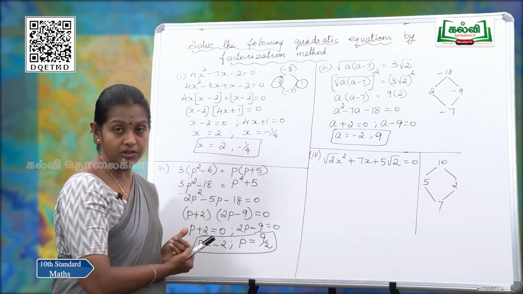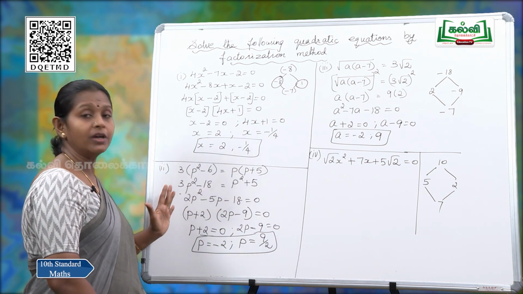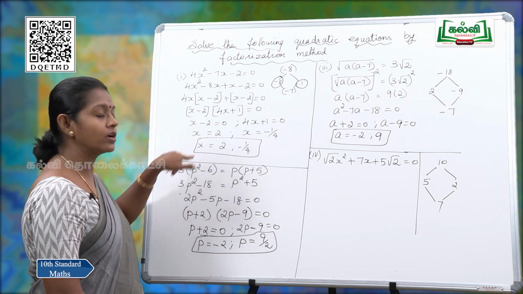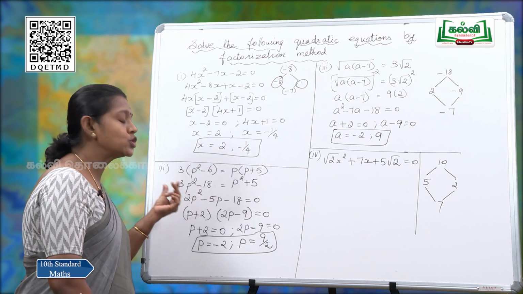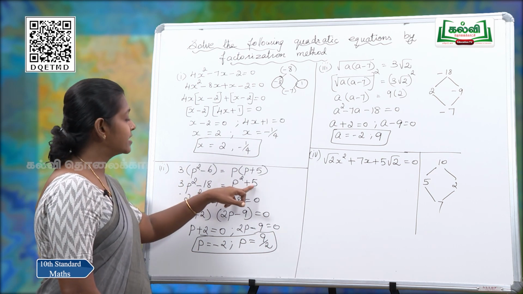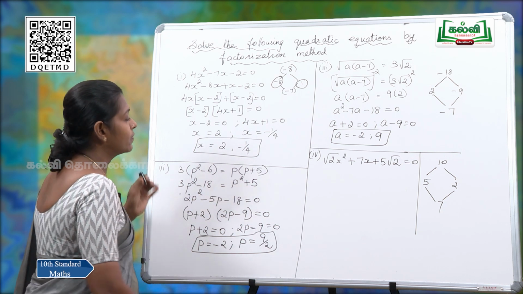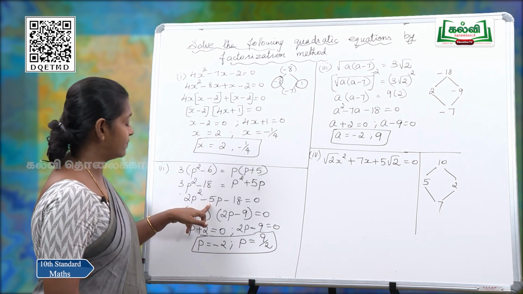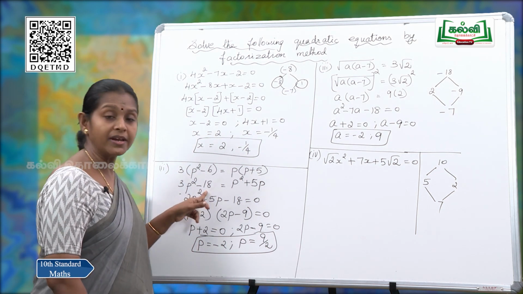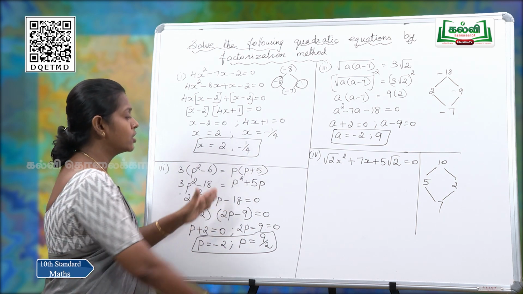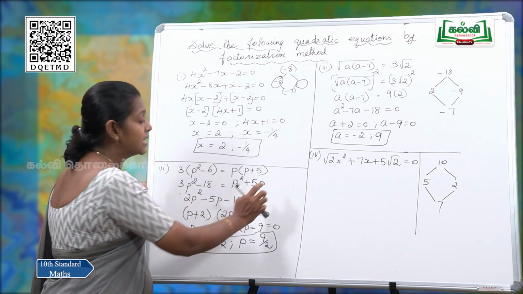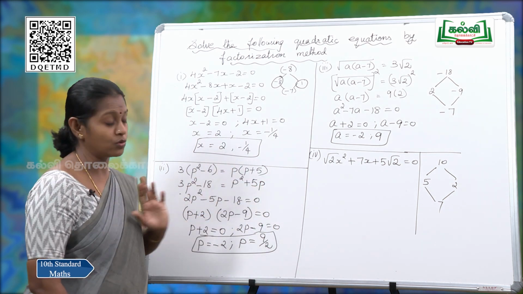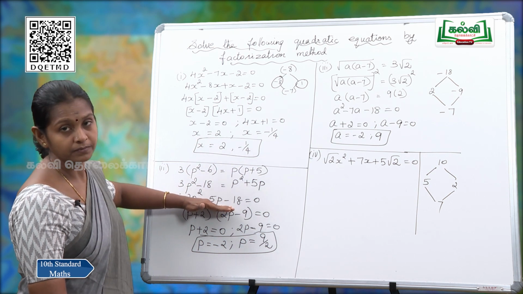Then merge everything on one side. Take everything on your left hand side. You will be getting 3p squared minus p squared. If you take this p squared, it will be minus p squared. So, that it will be 2p squared. Then minus 5p. If you multiply 5 with p, you will be getting 5p. So, 5p will come on your left, it will be minus 5p. Already minus 18 is there. So, you have to write minus 18. So, you have changed everything to your left, which means nothing will be there on your right side. Therefore, I have written 0.